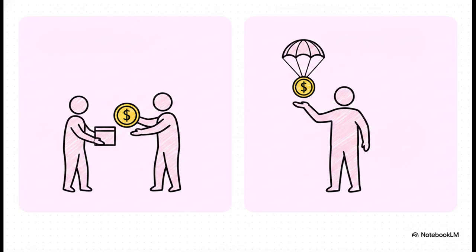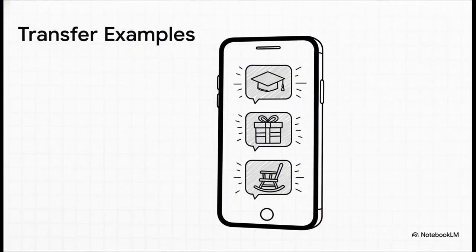To make this a bit clearer, let's contrast it with a normal transaction. Your standard paycheck. You put in the hours, you provide a service, and you get paid. Money is exchanged for current output. Simple, right? But a transfer payment is a completely different beast. It's a unilateral flow with zero current output. So yeah, you're getting paid, but you're bringing zero new production to the economy's table in exchange for that specific cash right now.